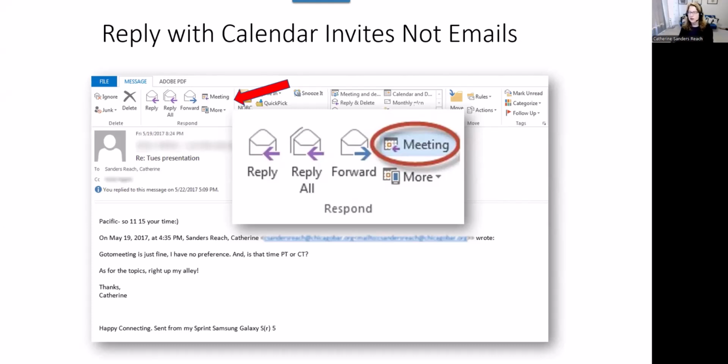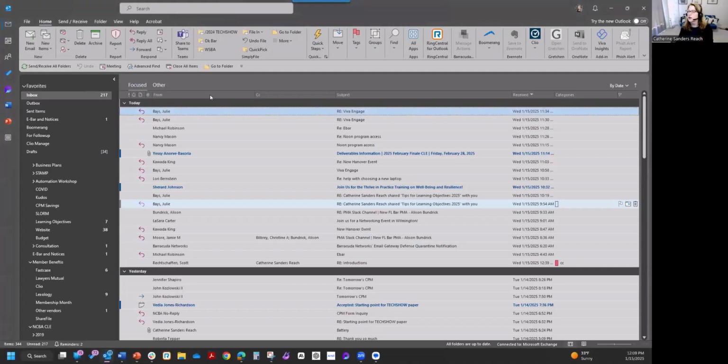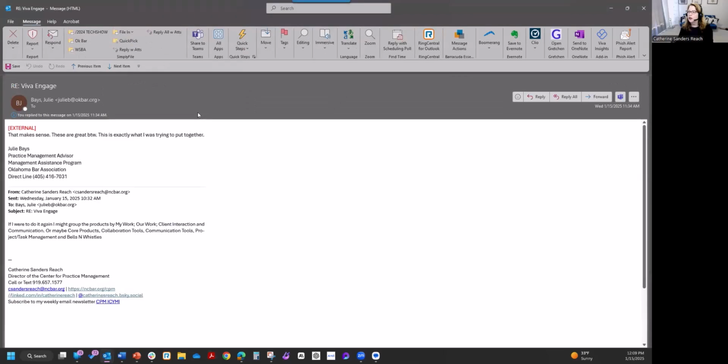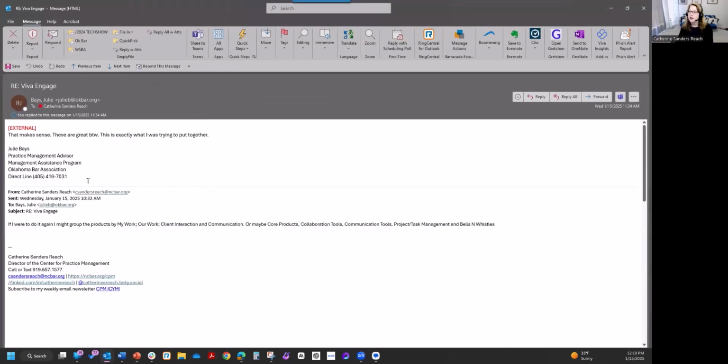An easier way is to take an email you've received, open it up, and in the response group there's a little button that says reply with meeting. And when I do that,